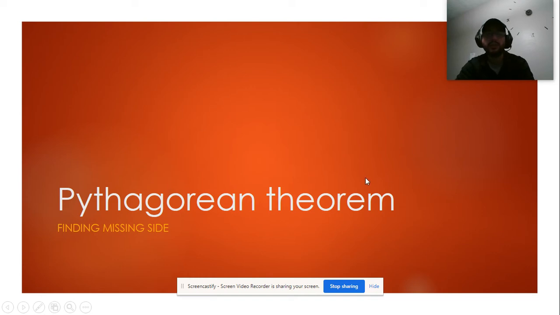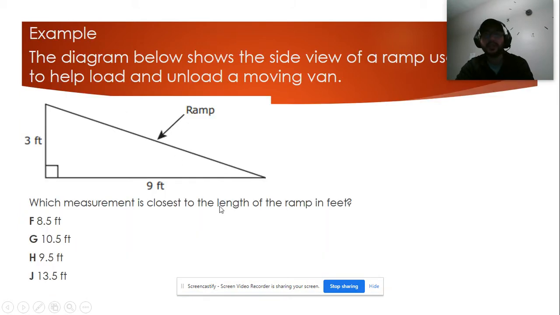Now, we're going to use the Pythagorean theorem to find a missing side of a right triangle. Okay, let's go over some examples. These are examples from previous STAAR tests. So we're gonna